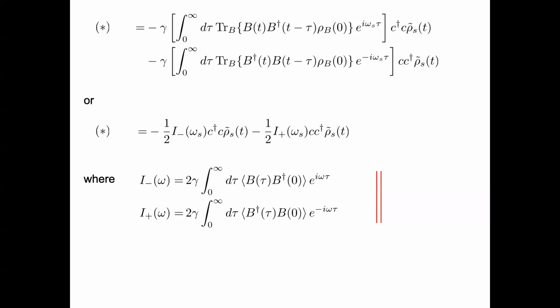If you do it very naively, you would probably forget about this phase factor, and you would also get it correct. But if you write down this formula and forget about this oscillation factor here, you evaluate this correlation function at 0 frequency, but the relevant frequency is actually given by the system. The system emits an excitation that has exactly this frequency here. So we want the correlation function at this frequency that enters into our dynamics.